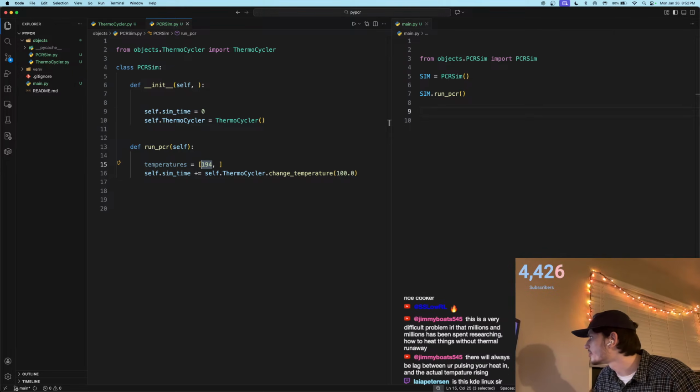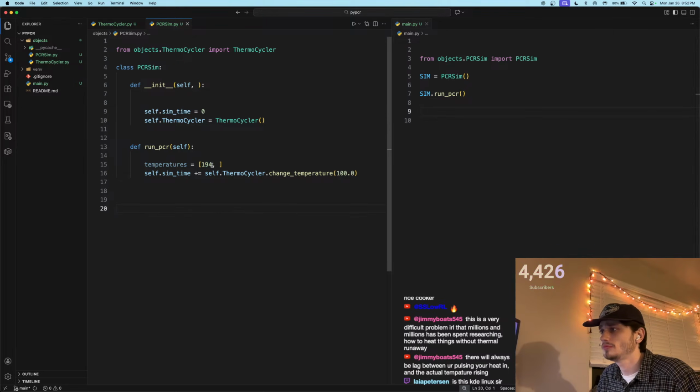Okay, so denature. The first step of the regular heat cycle event is heating the reaction chamber to 205 C for 20 to 30 seconds. Okay, so